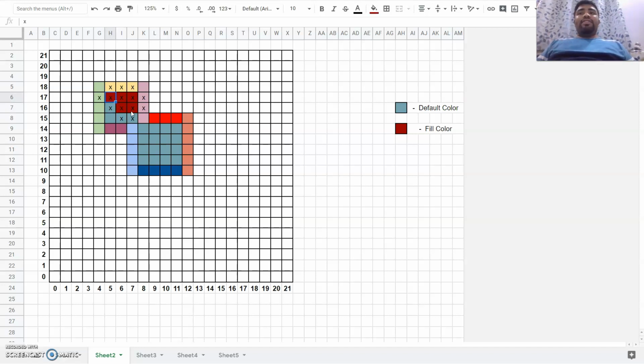But now we can clearly see we can't process the top, we can't process the left, so we can process the bottom. Which new neighbors will we get? This and this. So again, we can process the bottom one. So we can process this. We will get this as a new neighbor and this as the new neighbor, and the right one. So now let's process the right one because that is of the default color. We process this, and which new neighbors do we get? This and the right one. So now when we process the right one, which new neighbors will we get?